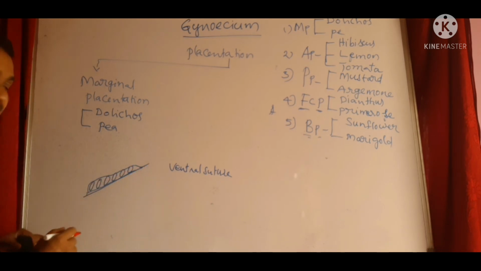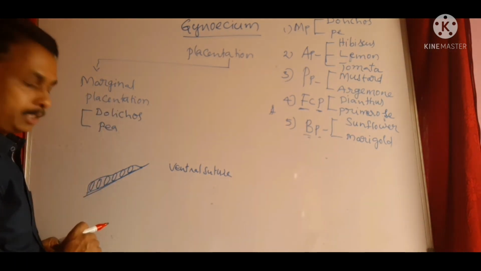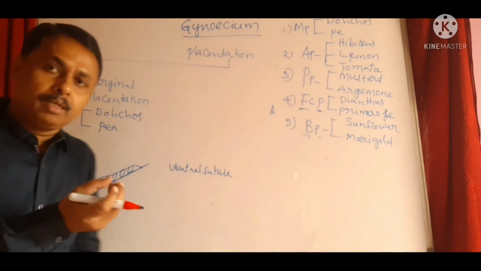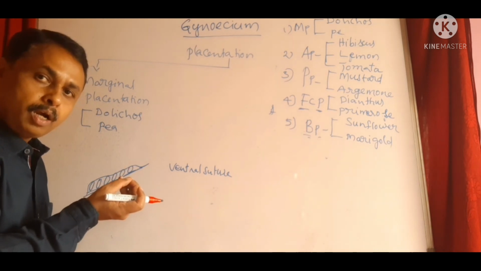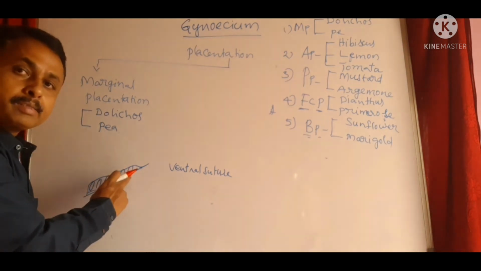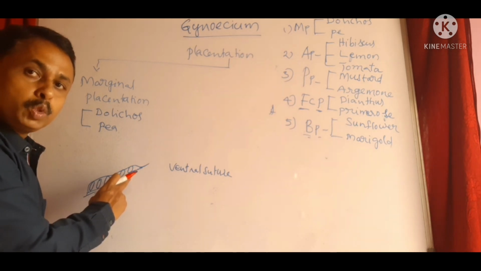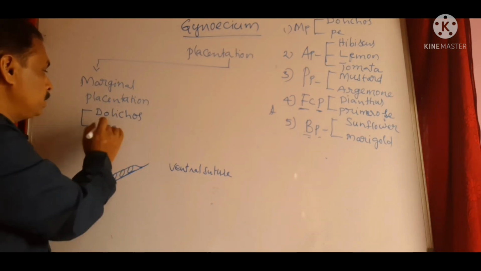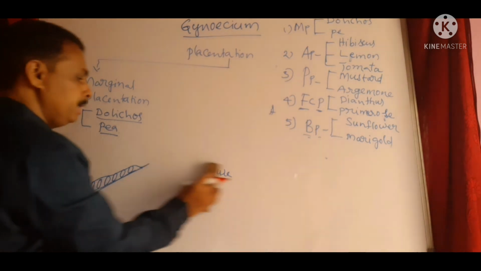This type of placentation will be called marginal placentation. Marginal placentation means the placenta will be formed as a ridge along the ventral side of the ovary, where future seeds will be placed in two rows. That we have seen in Dolichos and pea. That is marginal placentation. The next one is